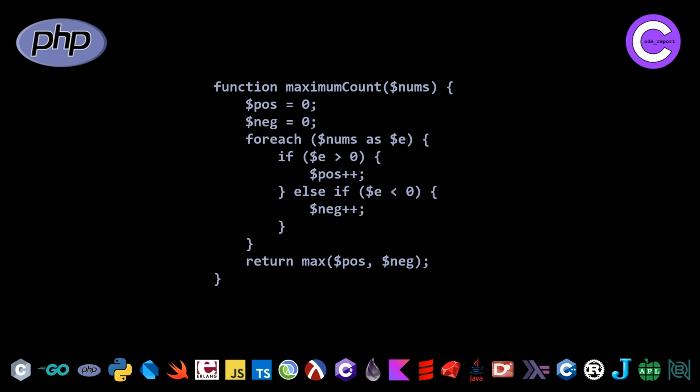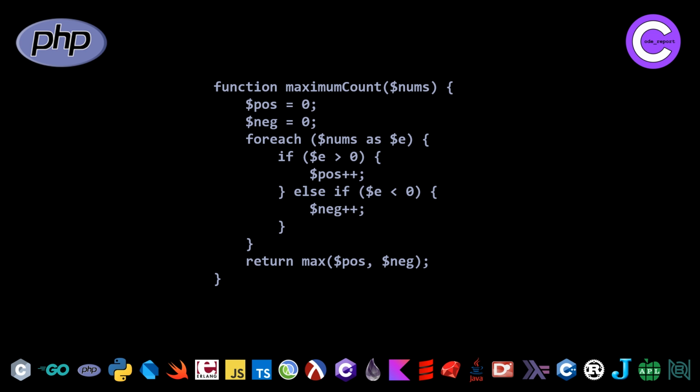But this is very similar to what we just saw with our last 2 solutions. The main difference, once again, being the final statement. We used a ternary operator in the C solution. We used an if-else branch in the Go solution, and we're using a max function in the PHP solution. So pretty straightforward. If you like for loops, this is probably one of your favorite solutions between the C, Go,